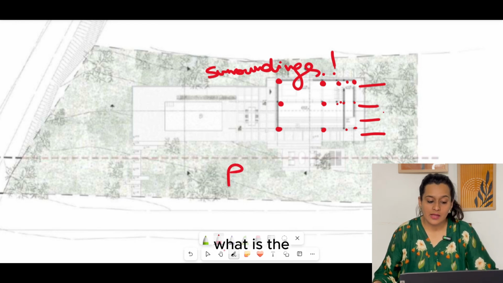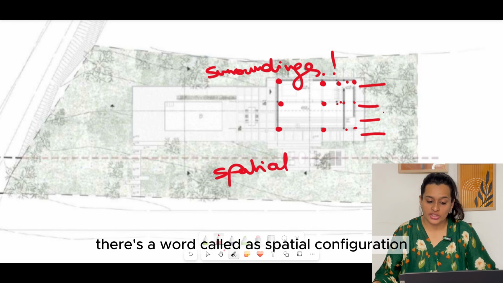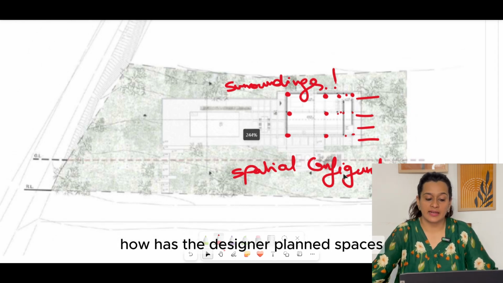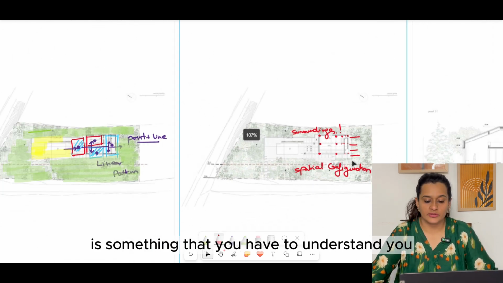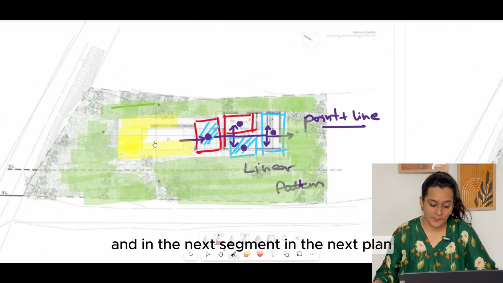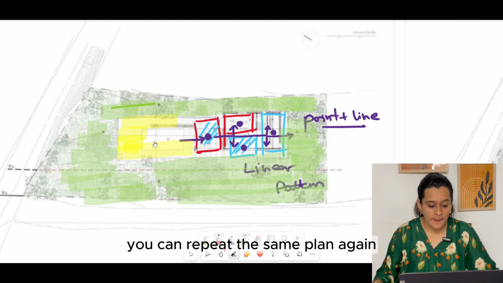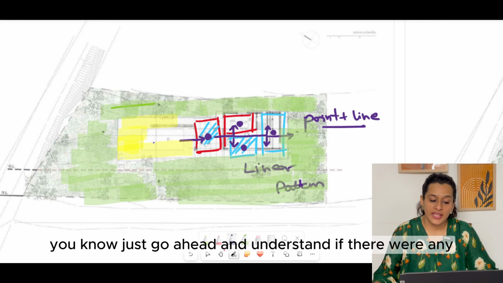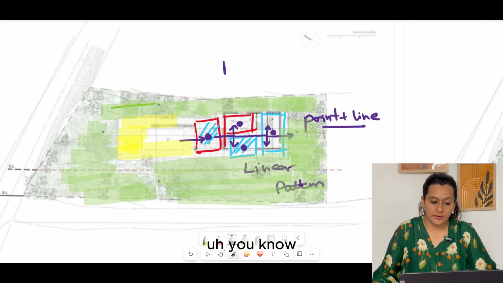There's a word called spatial configuration. How has the designer tried to configure the plan? How has the designer planned spaces is something that you have to understand here. And in the next plan, you can repeat the same plan again. In the next plan, you could go ahead and understand if there were any